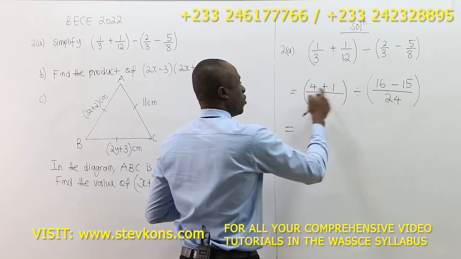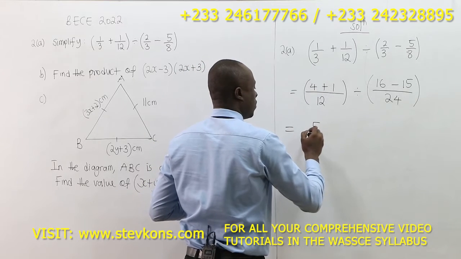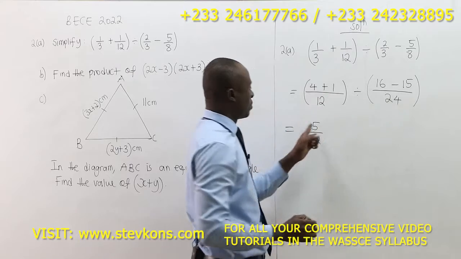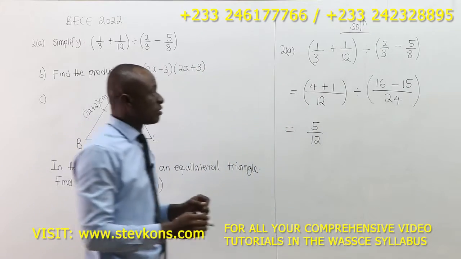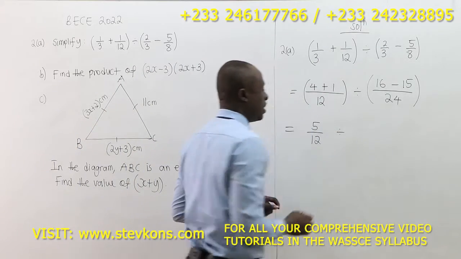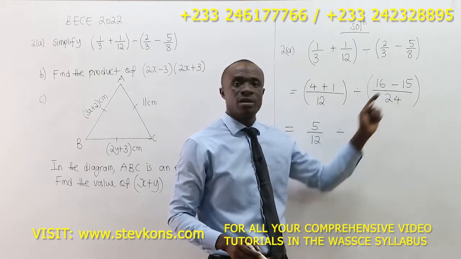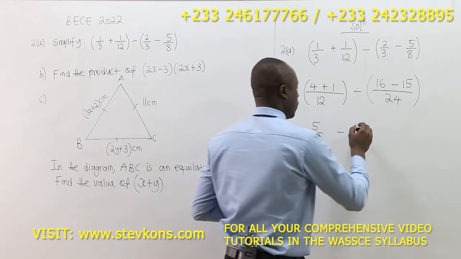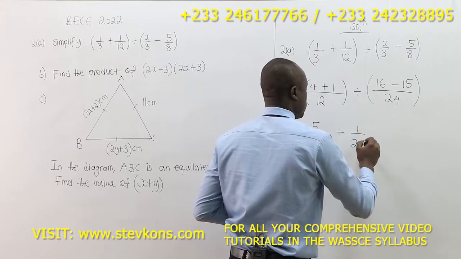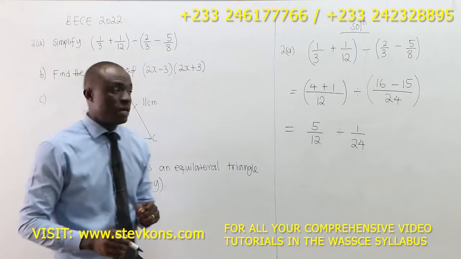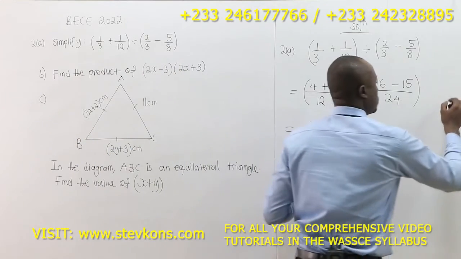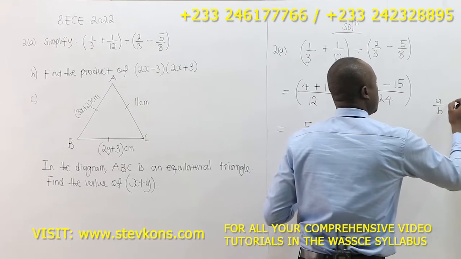Now, 4 plus 1, we have 5 out of 12. 4 plus 1, that's 5. So 5 out of 12, divided by 16 minus 15, which is 1. So you have 1 out of 24. Now, we know that if you have two rational numbers, A out of B divided by